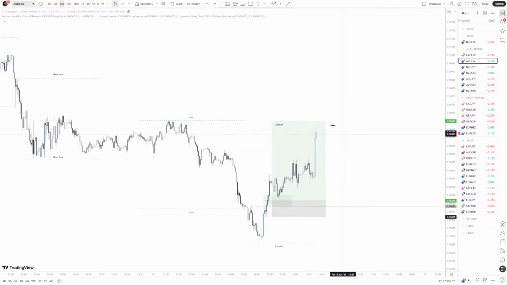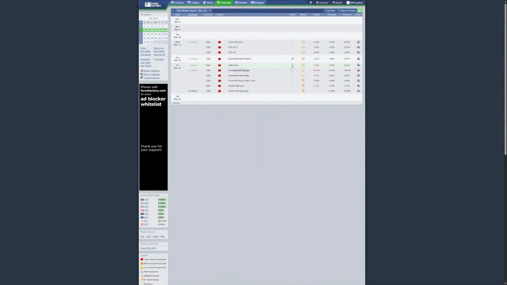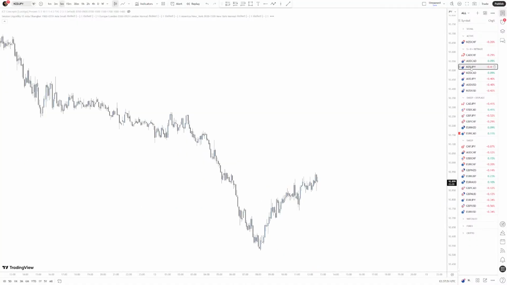So AUD CAD, this is partially also because of news, because CAD is bearish. So that means that anything against CAD will go up, which is what AUD CAD is doing. So I cannot say that it's a better trade necessarily, because this doesn't include CAD or USD specifically, meaning that the news impact may not have affected us directly. It would have been indirectly. Okay, so that's that.